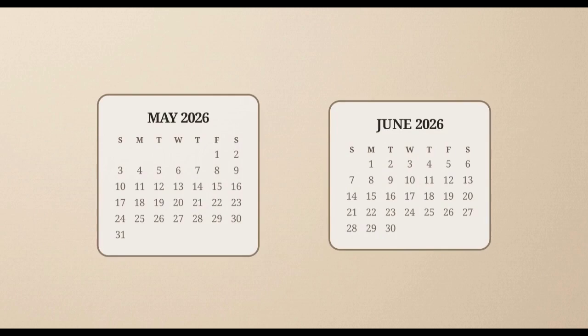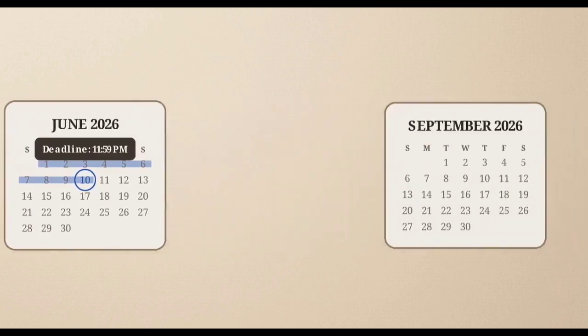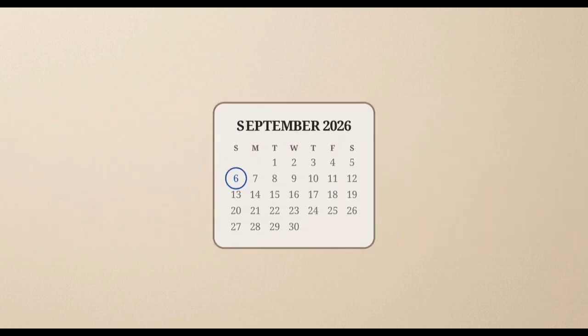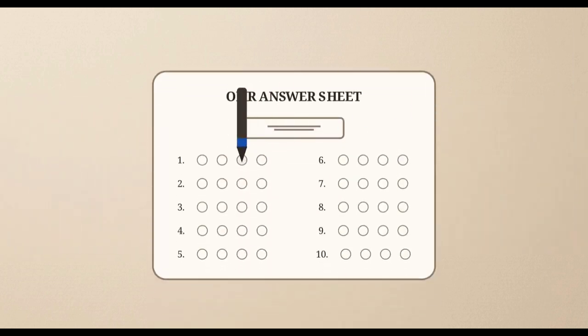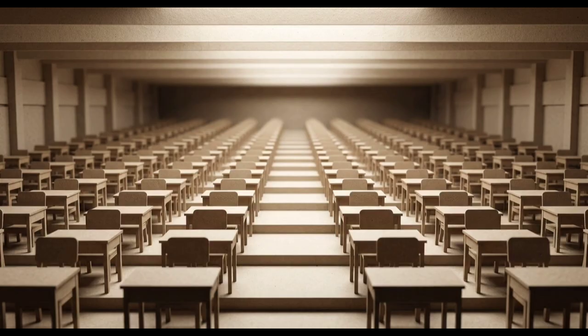The application window is strict. Apply online from May 11th and submit everything by the June 10th deadline. Mark your calendar for the September 6th exam day. Take note, this is an offline pen and paper test using an OMR bubble sheet. Knowing these dates is just the starting line. Your real test begins right now, filling out this complex application correctly to ensure you get a seat in that